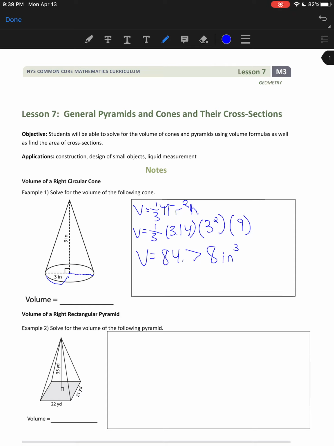And it has a rectangular base. And again, we see how the altitude, the height, the line, forms a right angle with the base. So it's a right rectangular pyramid. So again, we have a formula we can use for these right rectangular pyramids. That formula will be volume equals